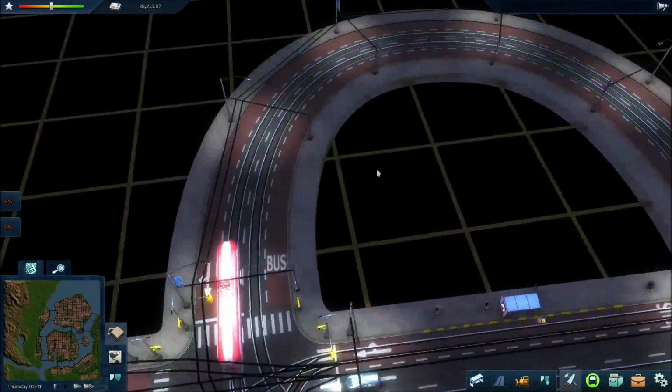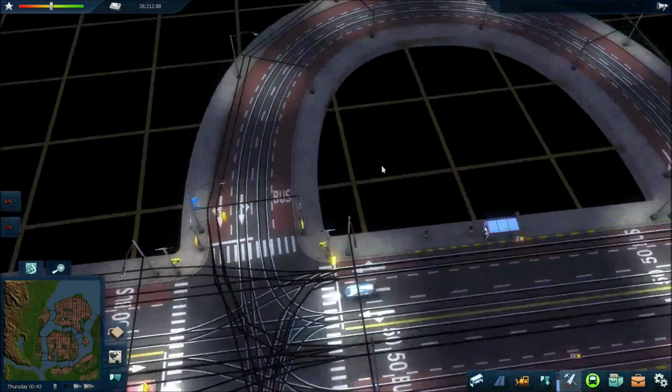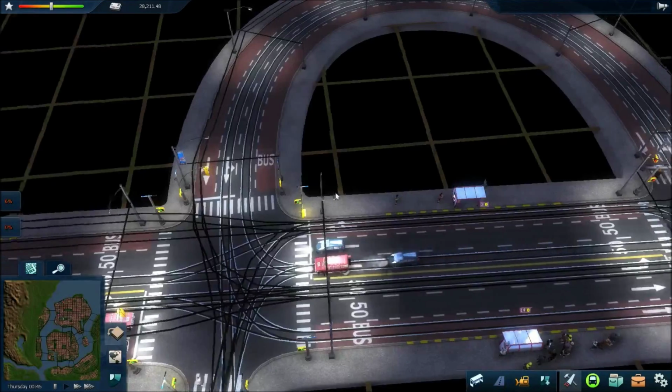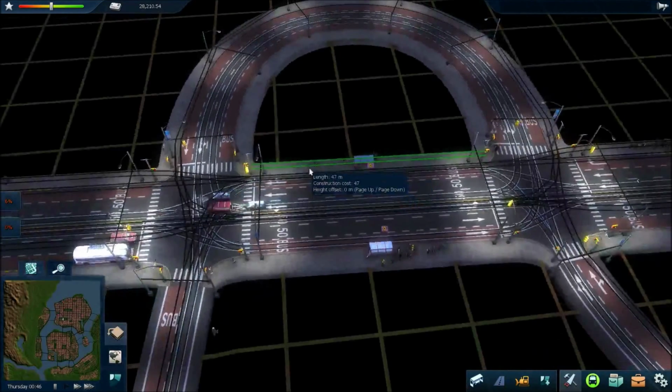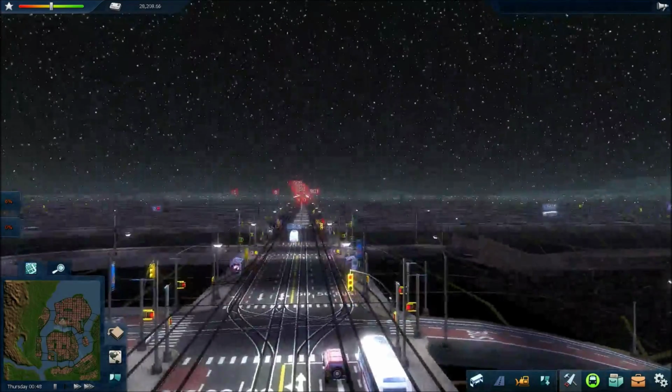Assume that did it, yep. And then this is also going to connect to that bit like that. So there's plenty of options, about the same number of junctions as the tram, with the exception of the two outside ones, because we don't have them. It pops inside at this point,